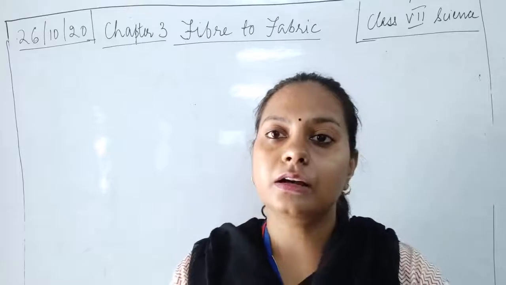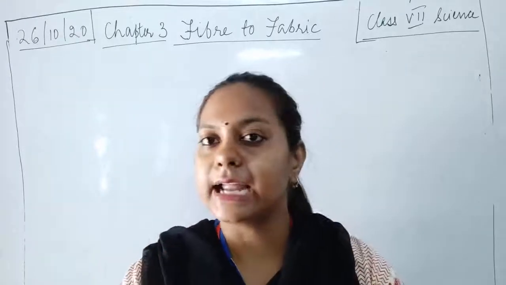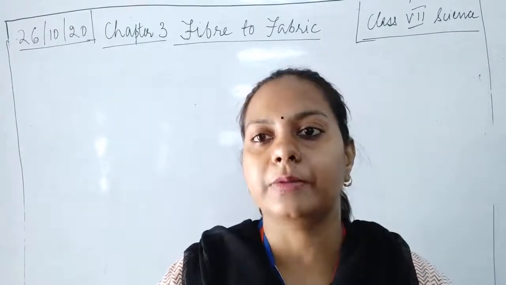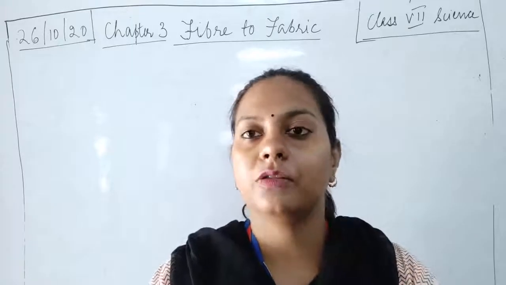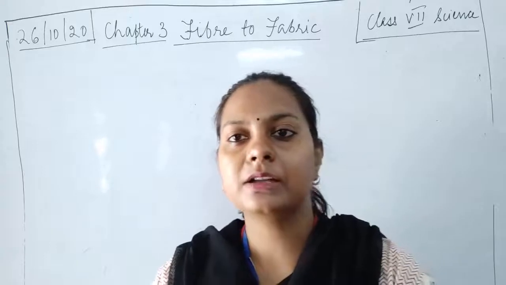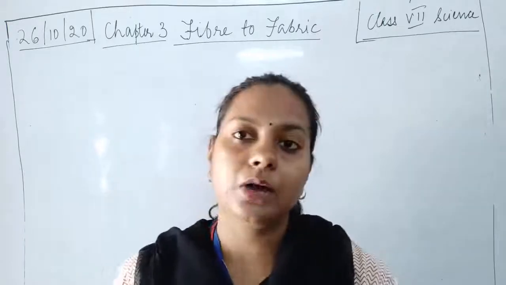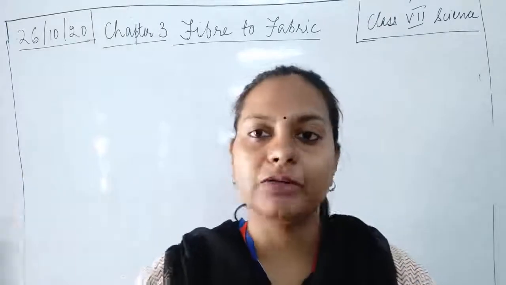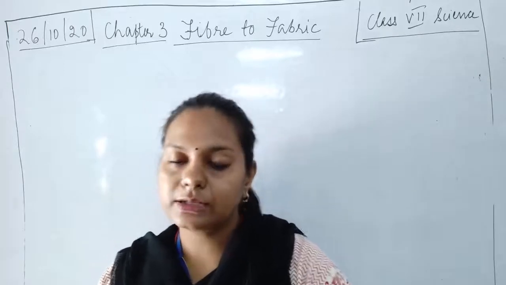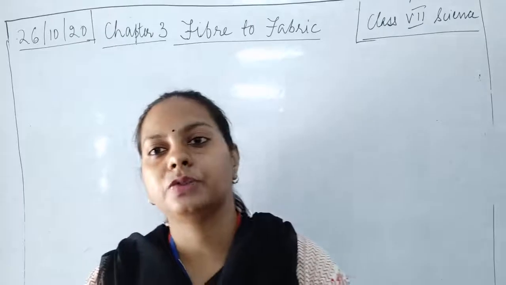Now when human beings are wearing a sweater or shawls, the air gets trapped inside, in between the layers of the fabric. When the layers of the fabric or the fiber trap the air, this trapped air does not allow the heat of the body to come out, and it also does not allow the heat from outside to enter the body. So this is the reason because of which cotton garments are not going to keep us warm as compared to woolen garments.